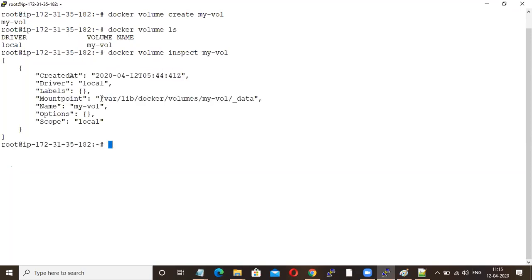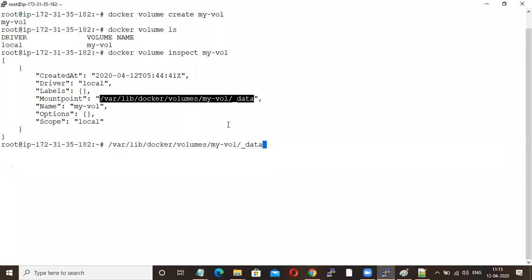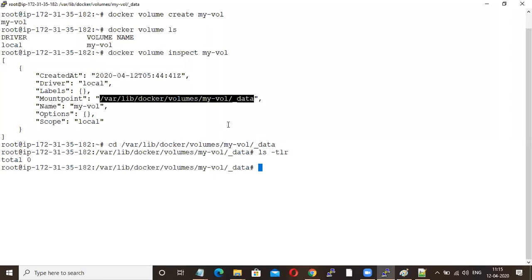In this path, when you create a volume, it gets created. This is the path. Okay. Now what I'm going to do is mount this volume to another container, same as before. Here, the command is